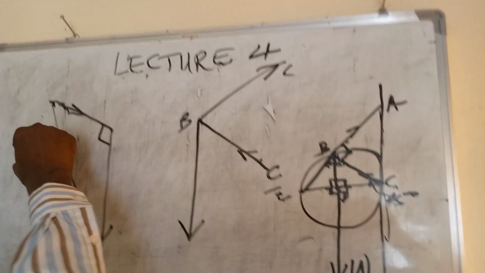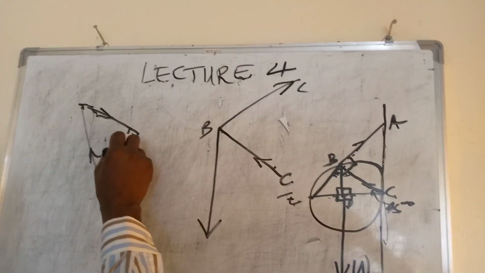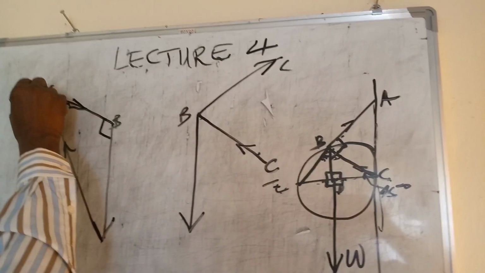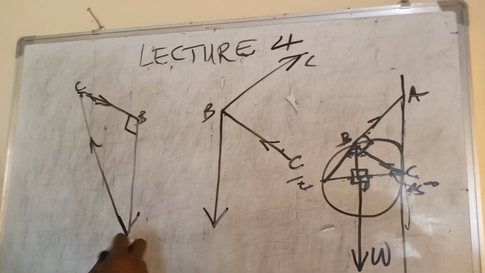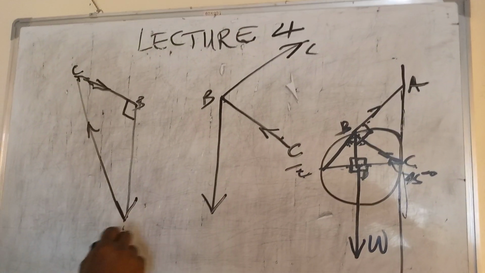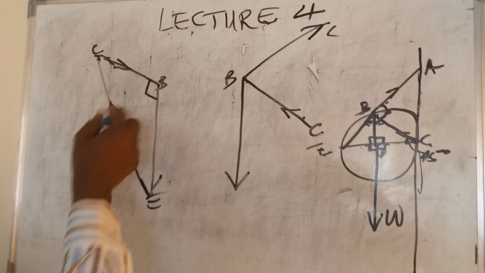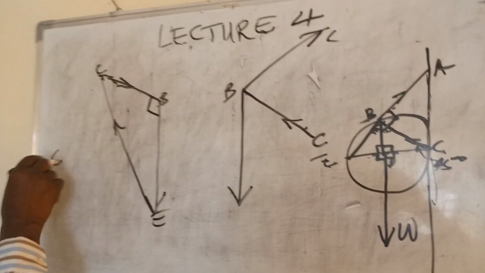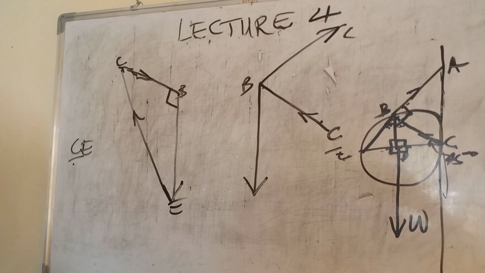That forms this triangle. This is B, this is C, and let's say this is E here. That means line CE, which represents the reaction from the wall,